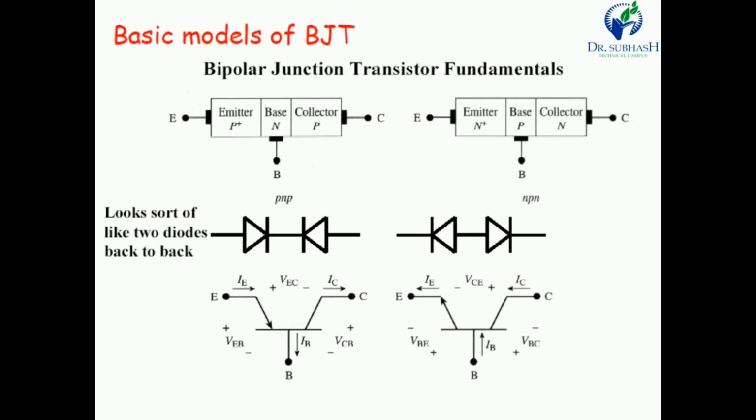Now, current and voltage are different at different terminals: the emitter current is IE, the collector current is IC and the base current is IB. The voltage differences between two leads are the emitter-base, emitter-collector and base-collector voltages. You have to remember these currents and voltages. You can take a screenshot so you can write this figure in your notebook.